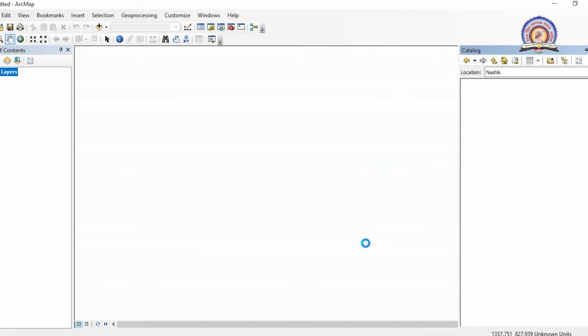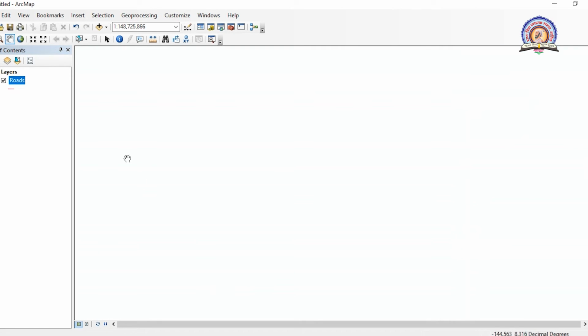We have to click finish. We have to wait for some time until the layer appears in our table of contents. Now here you can see that the first layer which we have created for our database, that is road, is appearing over here, and its symbol is in the form of a line, that is, it is a linear feature.